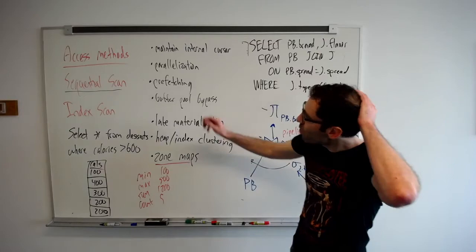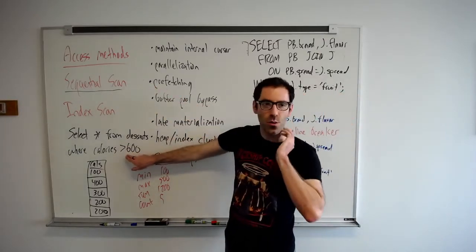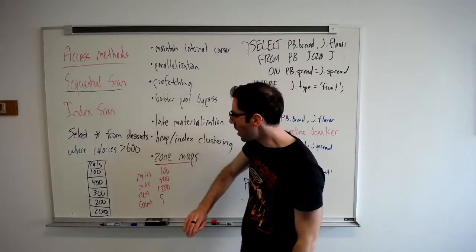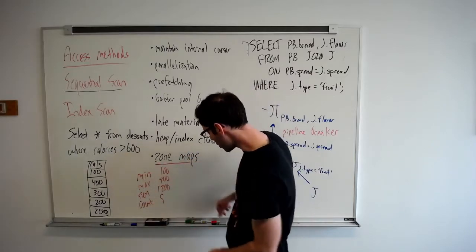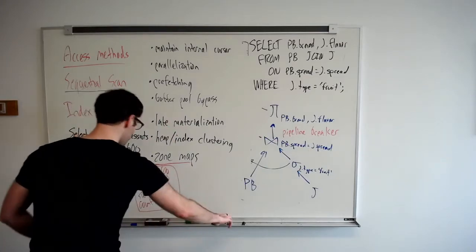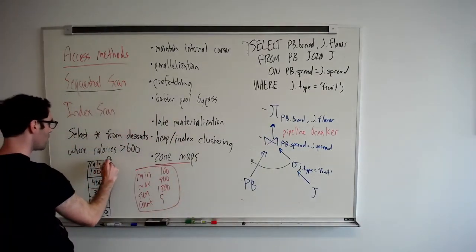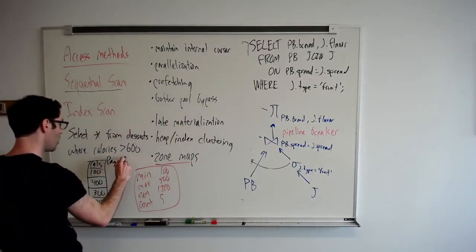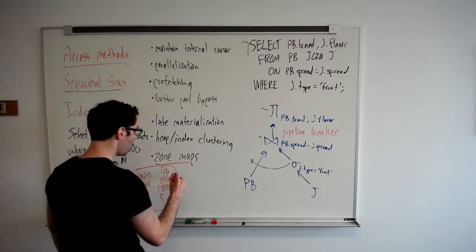But this means that when our sequential scan for this query of calories greater than 600 gets to the page, right, that this is our, I don't know, page 101, and this is our zone map for page 101,